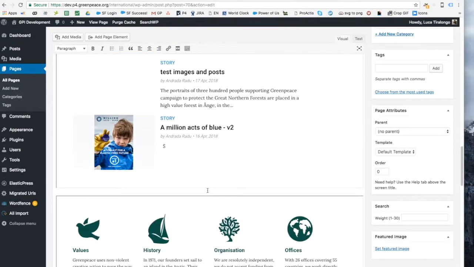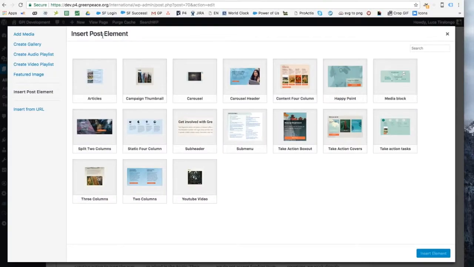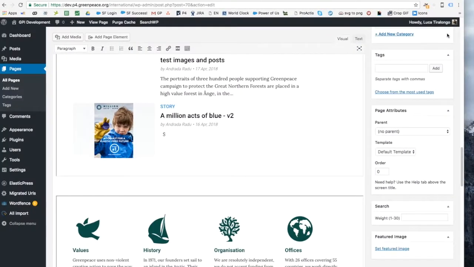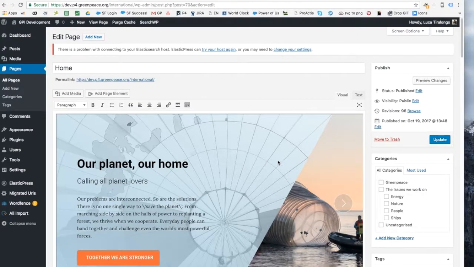Okay, everything that I have to do is to pick an empty space, just add the space, and either add the media, so it could be a GIF, an image, a video, or add the page element. Blocks are page elements. Okay, so as I said, we are not going to go through different blocks at this moment, but you have a very wide choice of blocks that you can choose. You just have to know for the moment that home page should be one of the first things that you set up, or at least understand,